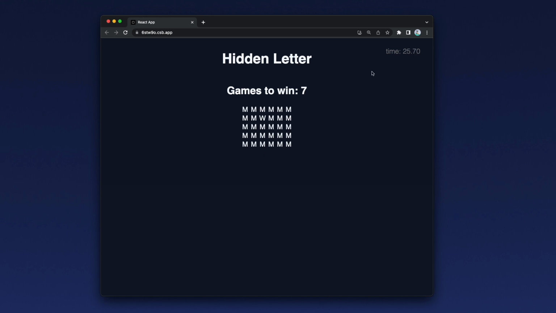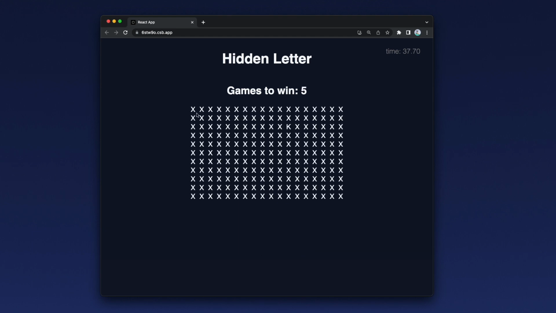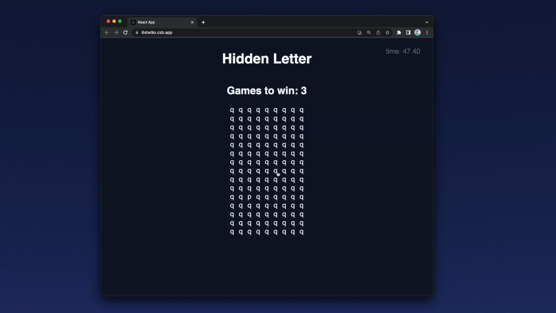We have a timer up here which is going to tell us the time that we take to solve 10 games. In this case you can change this variable as well, but every time we are getting a different board, different width and height and different letter as well, and we need to try to find the letter that is different. Once you are done finding the letter, which I can find at this point,